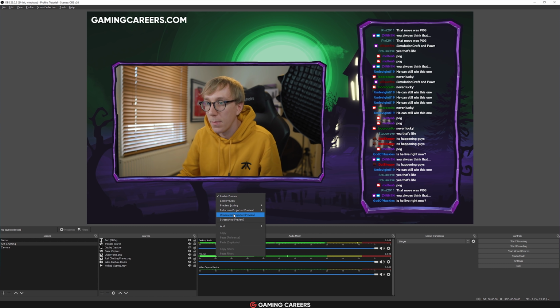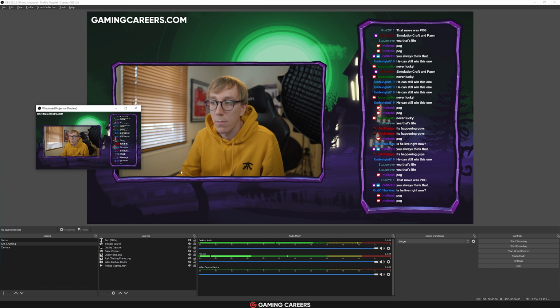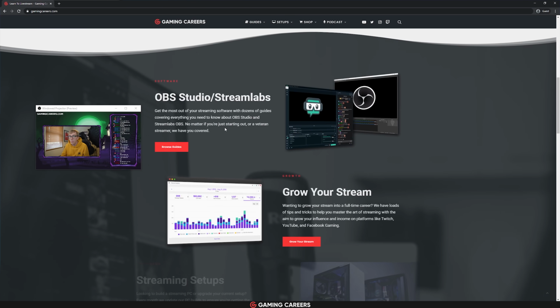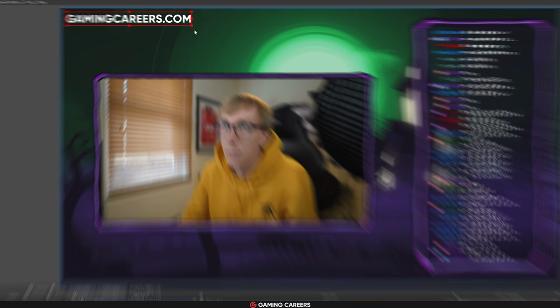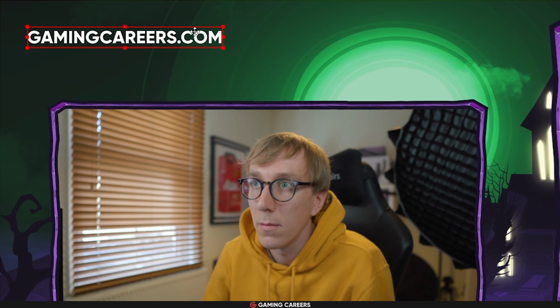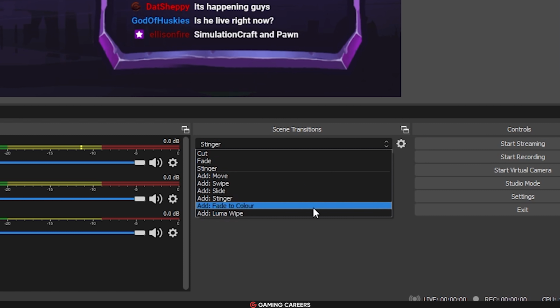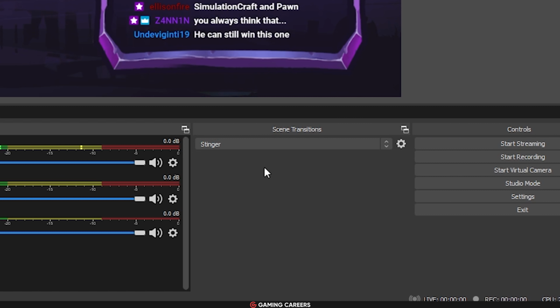They've made some changes to projector where you can now right click and make sure a specific projector always stays on top of all other windows. Also, projectors associated with specific monitors will now be deleted when the monitor is disconnected from your PC. They made some changes to the cursor when editing items in the preview just to make it a bit more clear exactly what you are doing, so dragging edges or moving sources around or things like that. They made some big changes to the transition interface just to make it a bit more clear exactly what you're doing or if you're wanting to add a new type of transition.